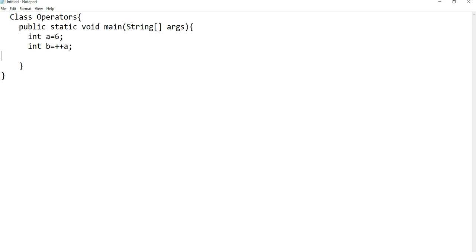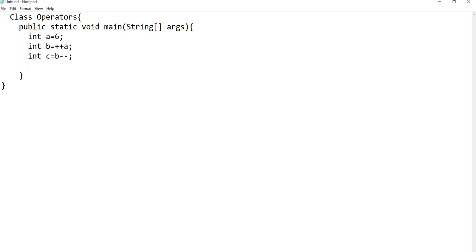We'll see what comes in the output, and then I'll explain how the condition is satisfied. Then int c equal to b minus minus, post-decrement.